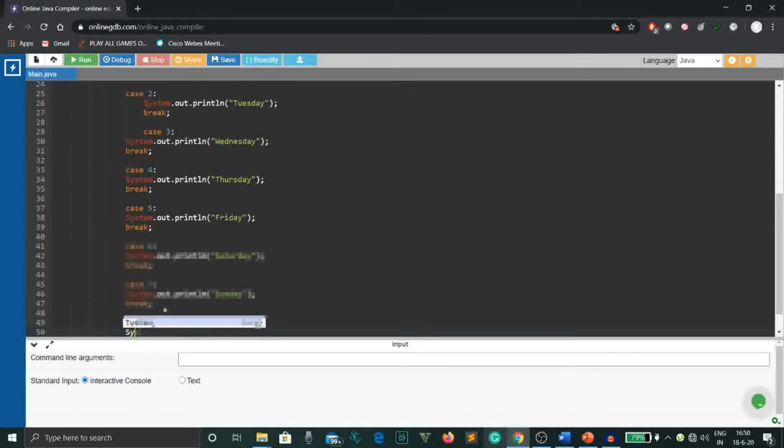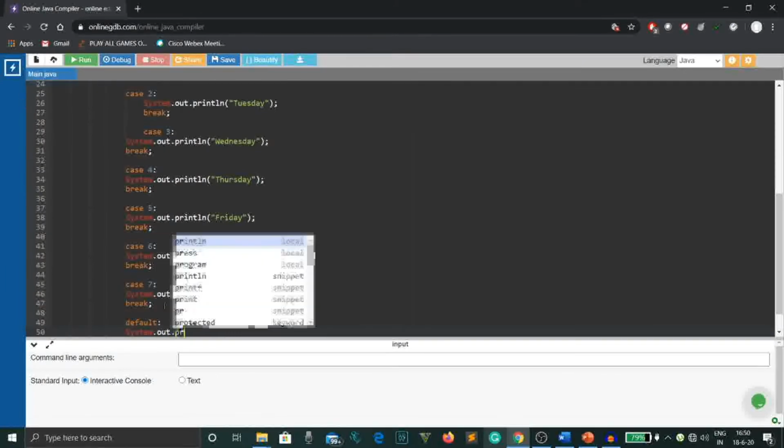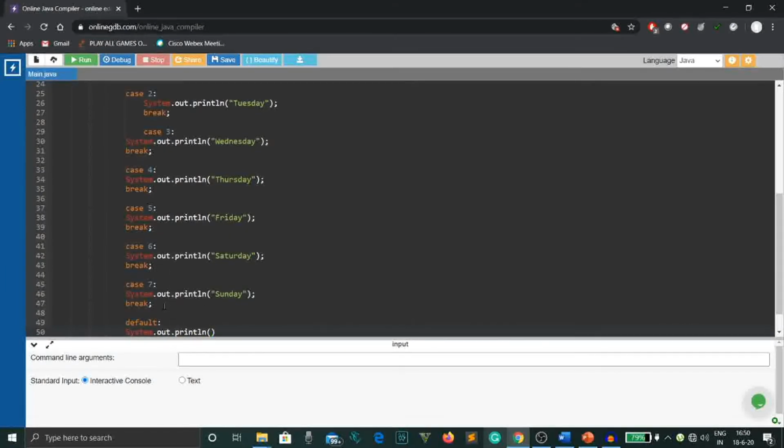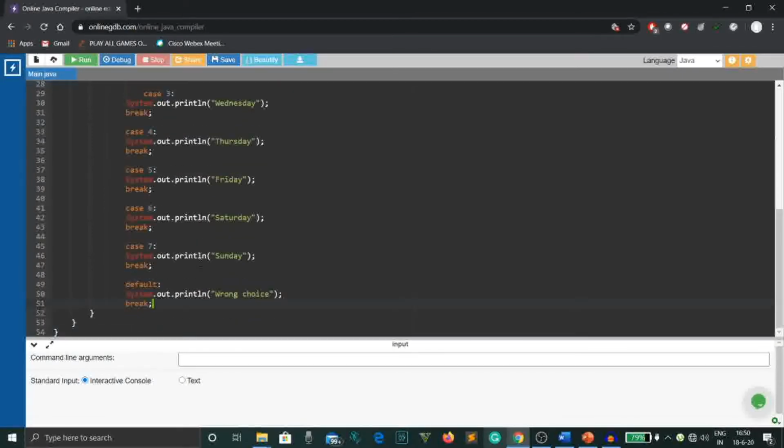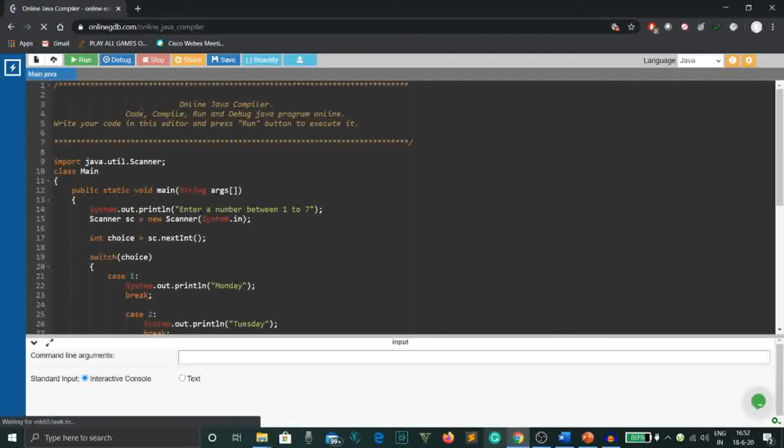Default will write system.out.println will print wrong choice, just to tell the user that the choice entered by him or her is wrong. And again we'll put the break statement. So our program is complete now.